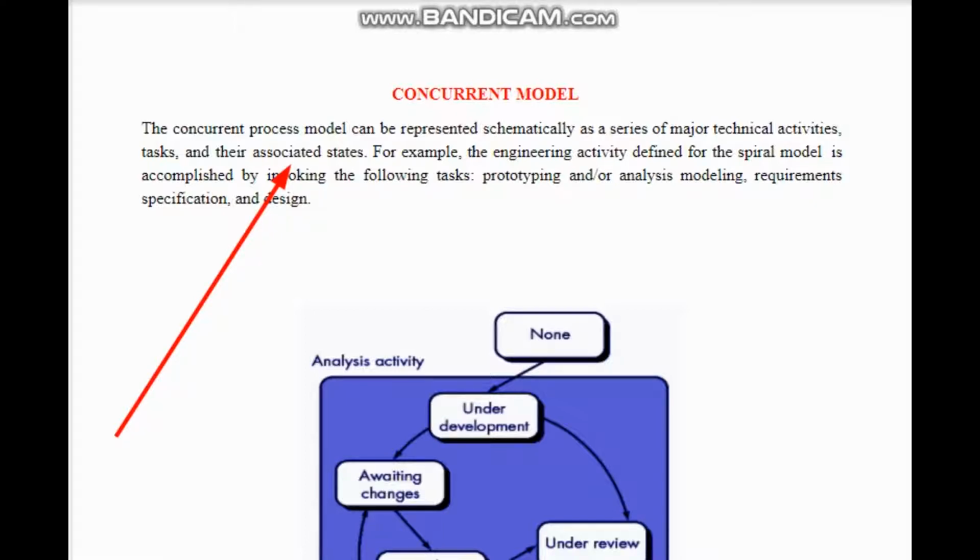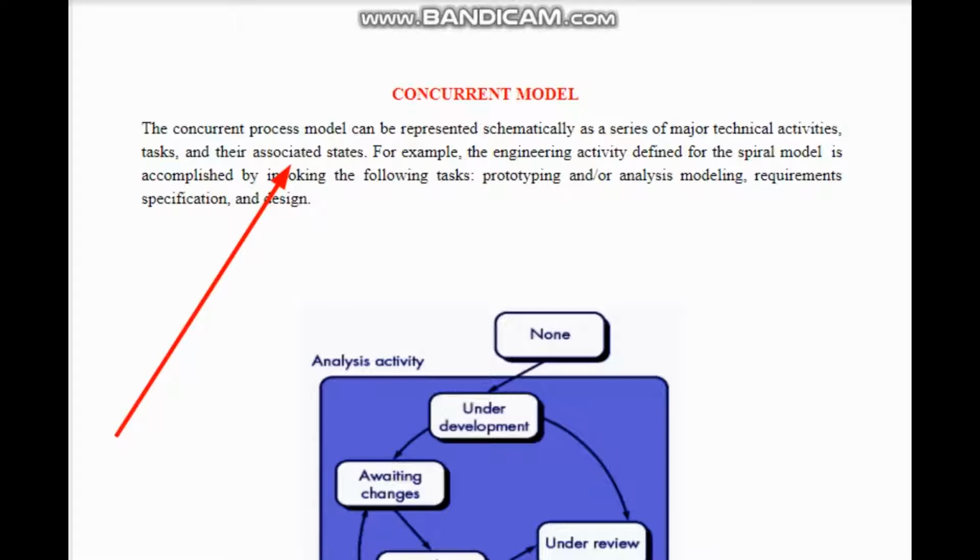Being a final year student, you must be knowing about Java, right? You must be knowing about Java applet. Whenever we want to run an applet, it has to undergo certain steps like run, runnable, okay. Sometimes it needs to be halted. So these are some of the different states. Alike that, our software project undergoes certain states.